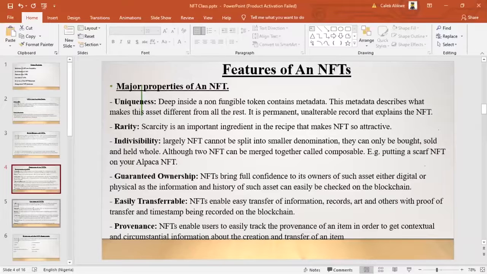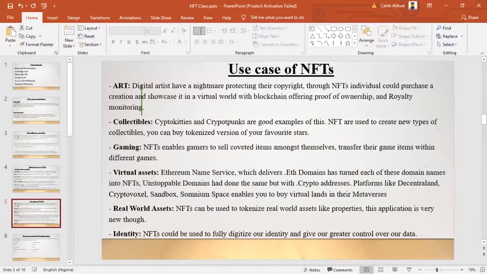use cases of NFTs. So first, one of the major use cases of NFTs that we see around is